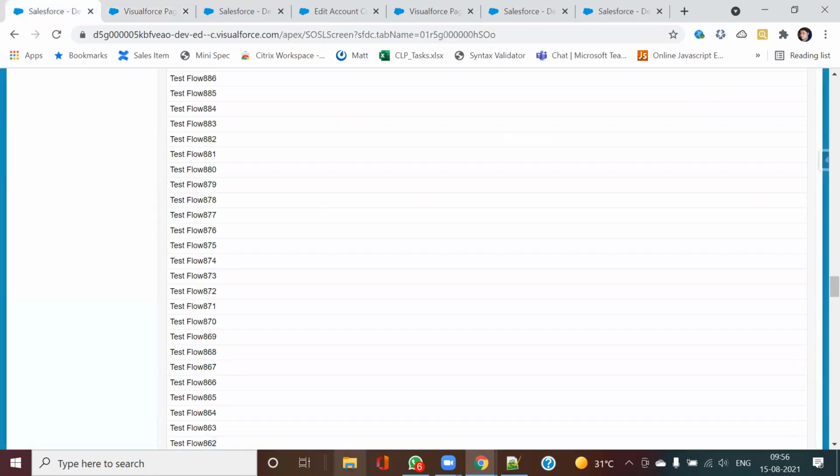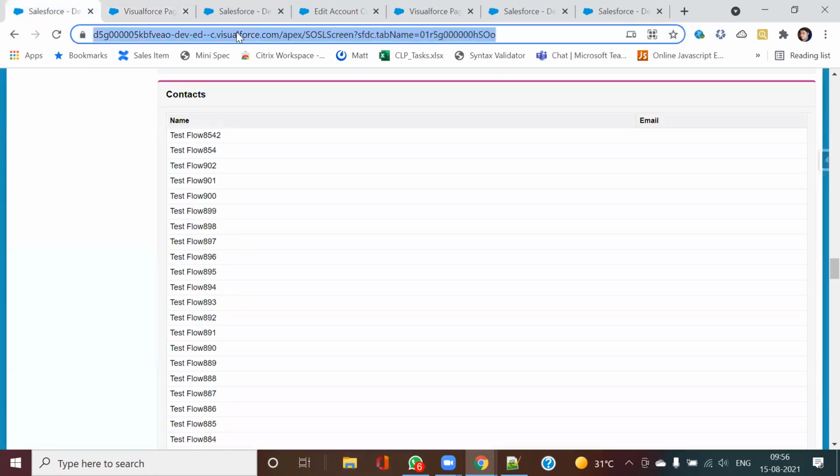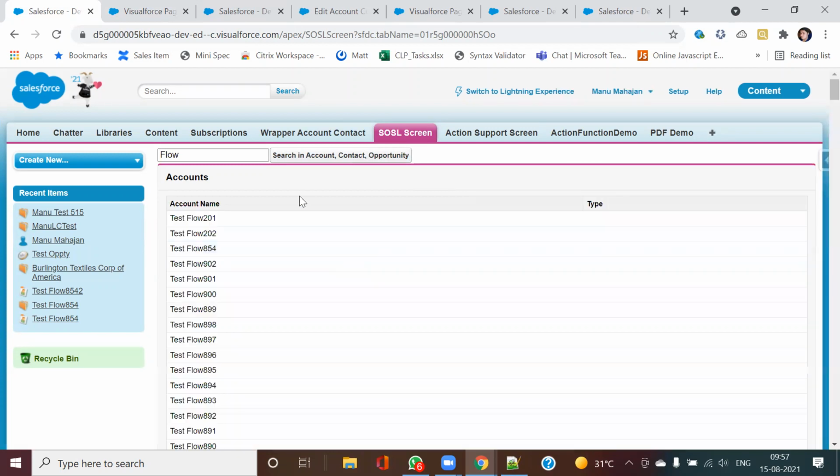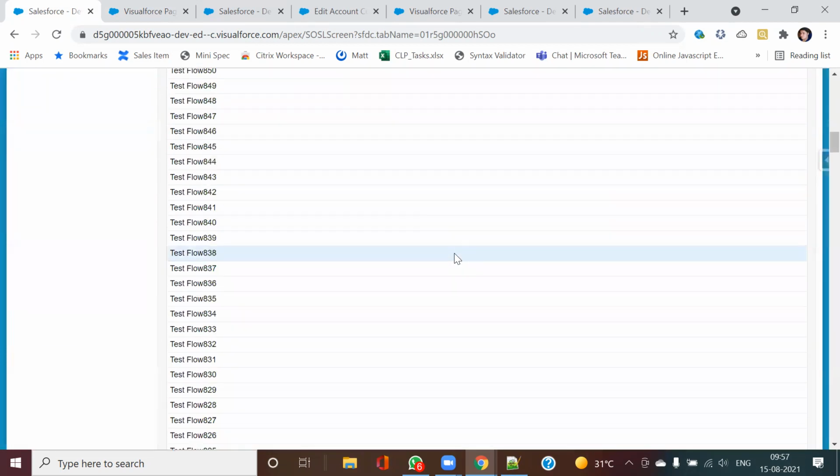What I mean to say is, initially I don't see any data. Once I click on this button, data comes into those three variables: opportunity list, account list, and contact list. This section needs to re-render also. This is how re-rendering is happening.